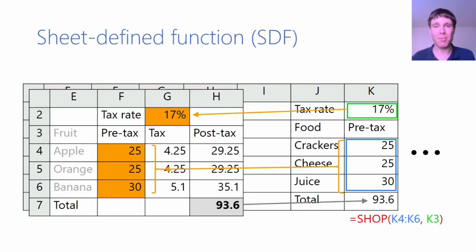Semantically, the tool makes a temporary copy of the function body with our new input substituted in and returns the new output, though of course the tool can optimize this process. The user can open the temporary sheet to see what happened. This requires users to think a little harder, but we think many of them will be comfortable defining SDFs, and the rest will at least be comfortable calling them.